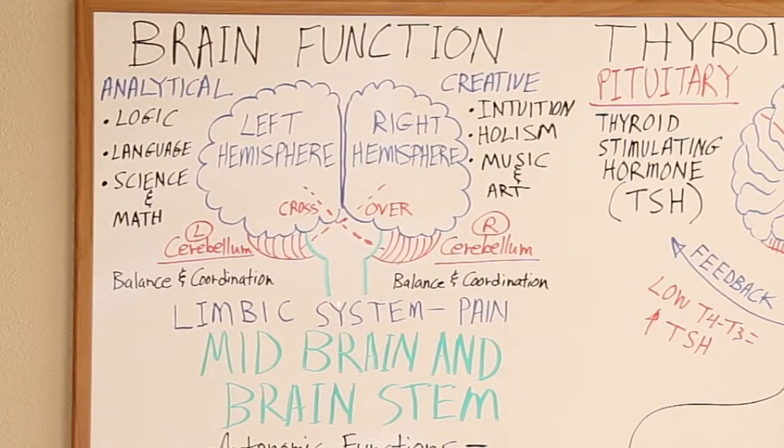Let's take a look at how the brain is involved in neuropathy. To better understand that, we're going to review the two halves of the brain. On the left side of the brain, the left hemisphere we call it, that's primarily involved in analytical types of functions like logic, language, science, and math. The right side of the brain, the right hemisphere, is involved primarily in creative types of perceptions, such as intuition,